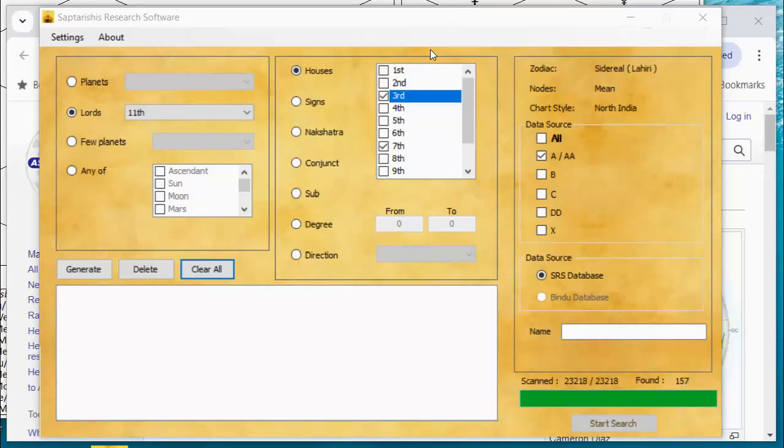Then in demo number 2, I showed something different where I dictated what kind of ascendant I wanted, a Mars-ruled ascendant. And then I said I wanted to find horoscopes with lagnesh in association with Saturn. And I could have added on more criteria. It could have been lagnesh with Saturn and Rahu, let's say. It would enable us to do that.